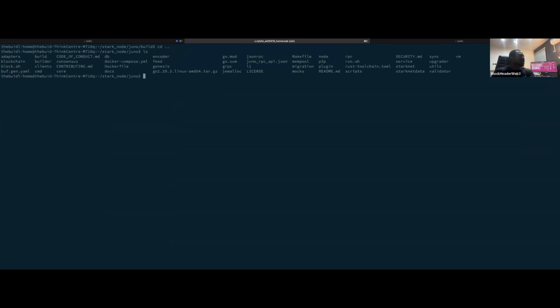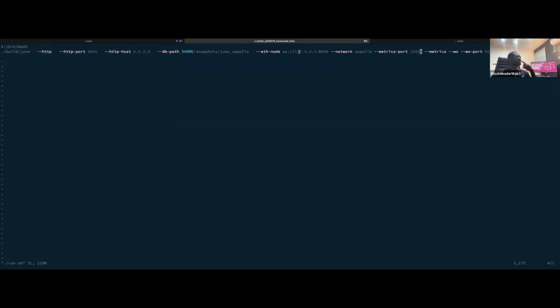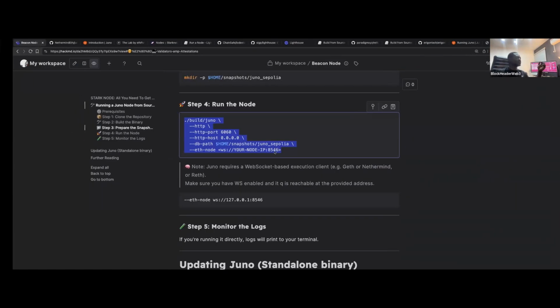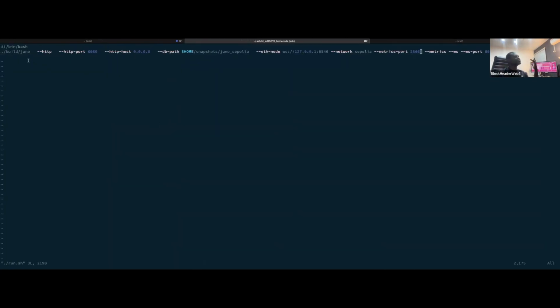So when I do vim, I think I have a run file, run.sh. You can see the same thing I have here; it's not different from what is here. Let me explain. This is an executable file. You can create an executable file so that it's easier for you to run it anytime. What it is doing is going into my build folder, and it's going to locate this Juno binary,